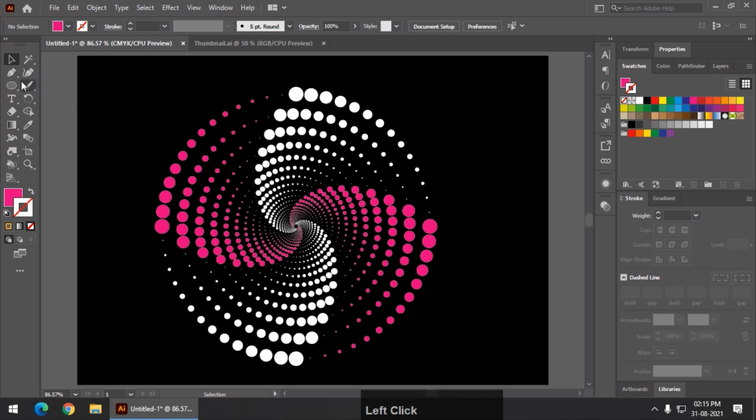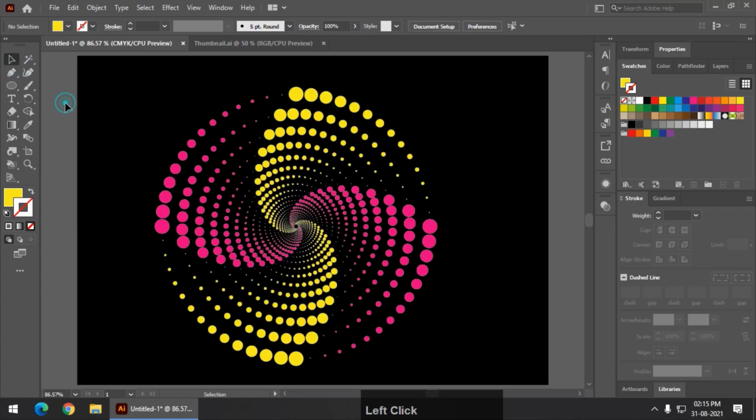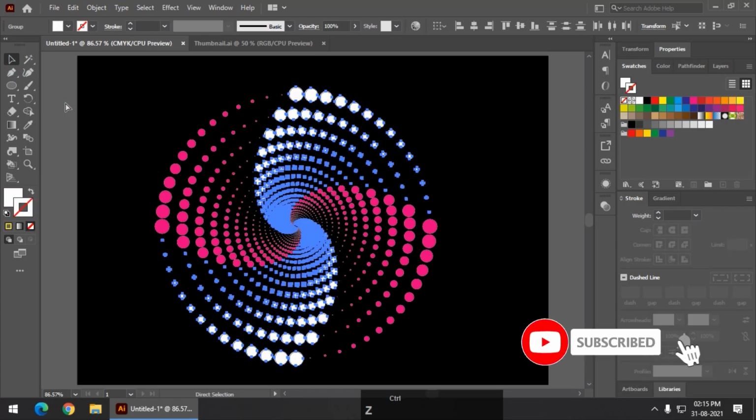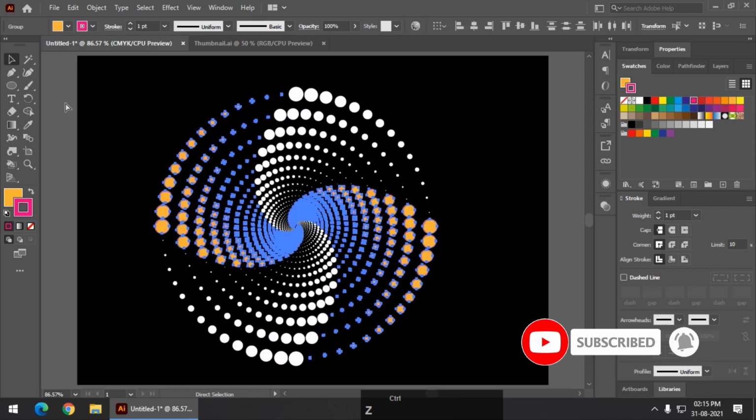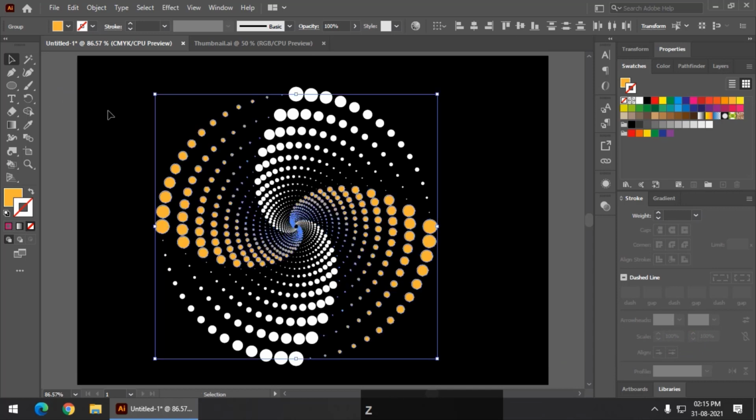If you want to change this color, again select and maybe like this. You can choose any color combination that you like. So this is a simple way to create a spiral design in Adobe Illustrator.